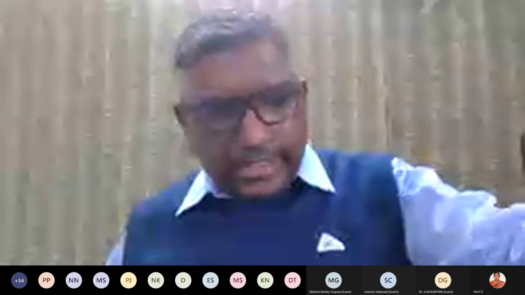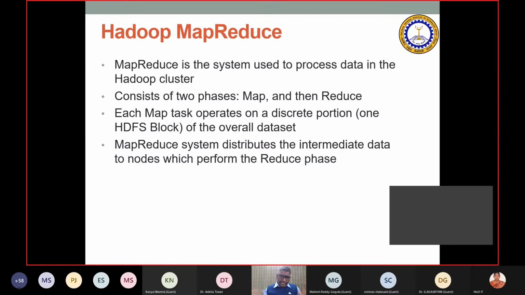Treat it as unstructured data, not as a database, not as rows and columns, but as data. On the data, the program has to run, and that is where we will use the MapReduce programming paradigm. MapReduce is the default programming paradigm used to connect with HDFS, that is the Hadoop distributed file system.